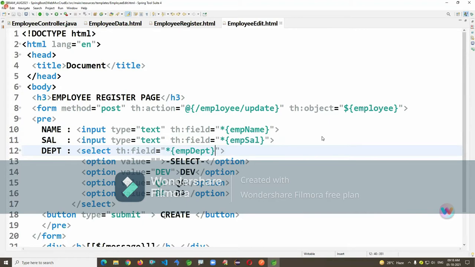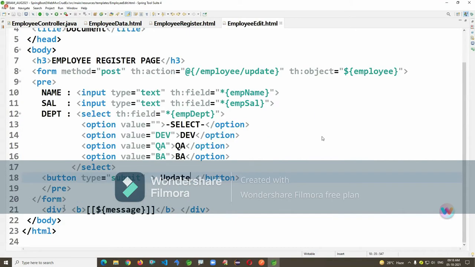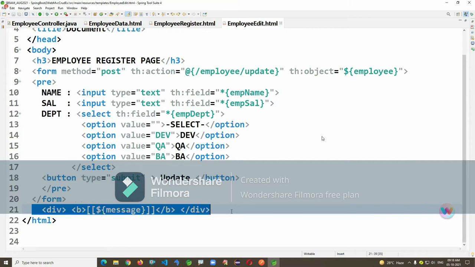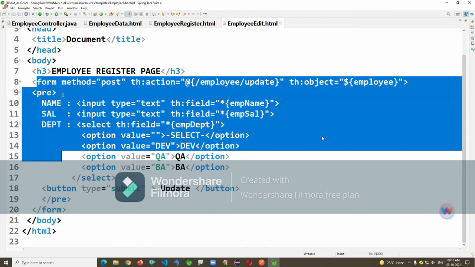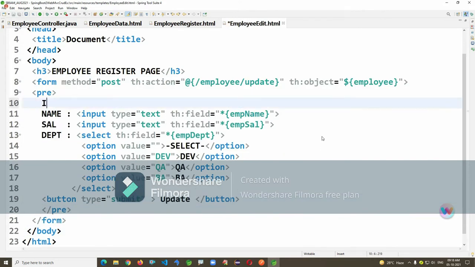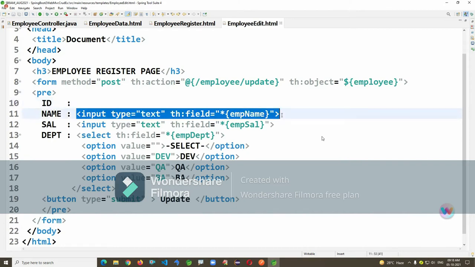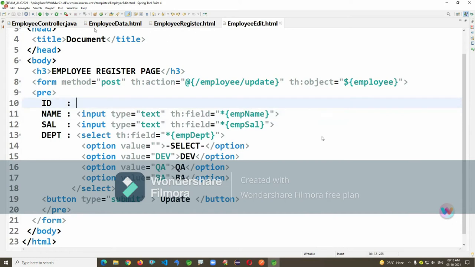Okay, submit. Here I'm just writing it's an update. No message I'll show here. I'll just go to the data page once it is updated here. So this is one half of the code I wrote, loading the data into this form. Even I want to show the ID. Why ID? Because based on the primary key only, it will update the remaining values. Which ID we are updating, I want to show here.